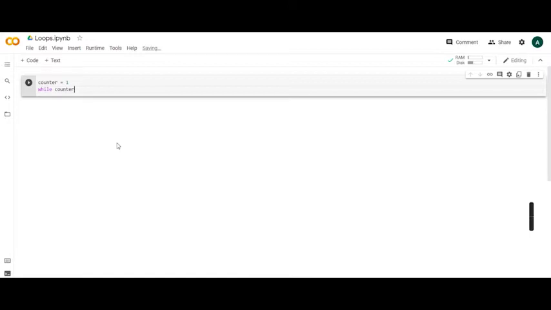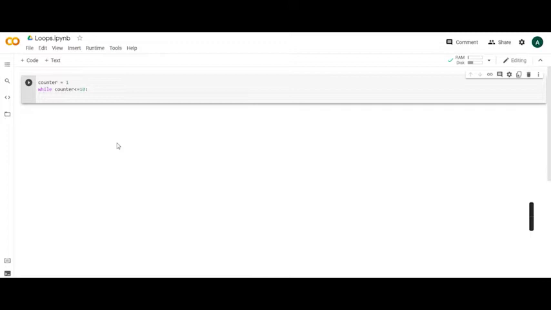Now we have to specify a condition inside the while loop. Our condition is that we have to print the statement 10 times. This is the syntax for while loop: use the while keyword, and then we write the condition, which is counter less than equal to 10. Inside it we use our indentation, of course, and then we write the statement that we have to print, or anything that you have to carry out as the task.